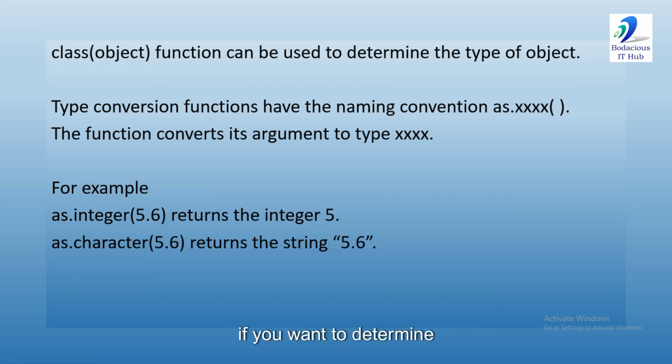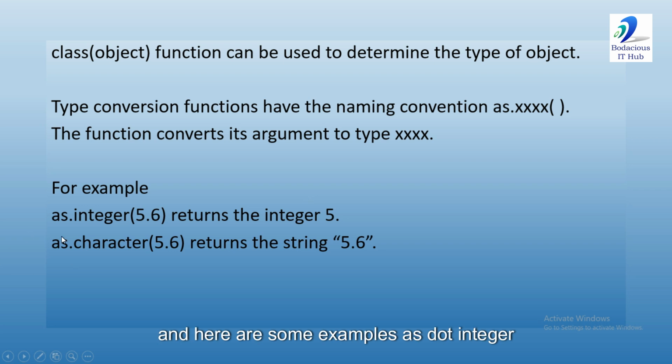Now if you want to determine data type of an object, we can use class function. Class is the name of the function, and we will pass an object here, and it will tell us type of the object, whether it is an integer, it's a character, or it's logical. And if we want to convert data from one type to another type, for example from integer to character or from character to integer, we can use as dot and xxx. xxx stands for type. So function names are like as dot character, as dot integer,